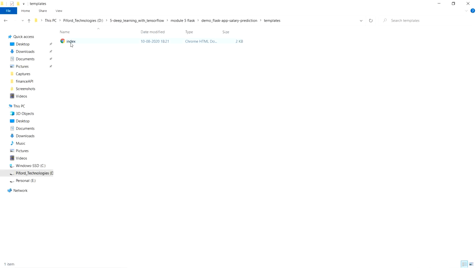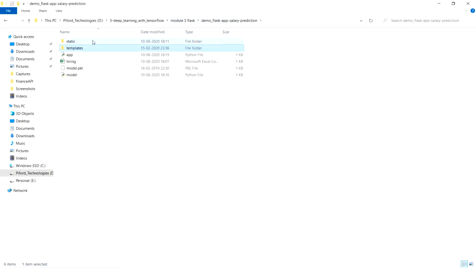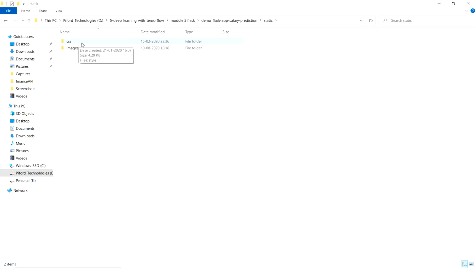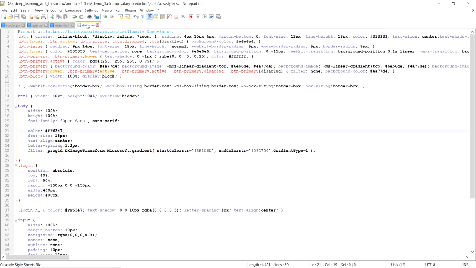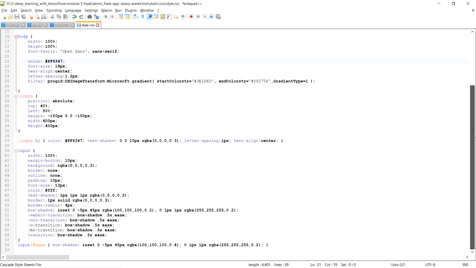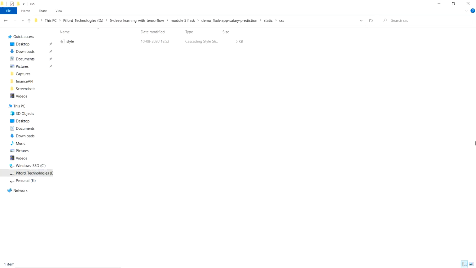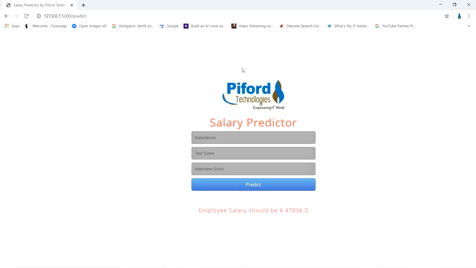And the final thing is, this is what we have in this index file. And we have one more folder with the name static, and under the static folder you can store your CSS files, your images, and all the other files. This CSS folder has the style.css file. Let me show you this style.css file also. This is just for beautification of your application, whatever you want to do over here. And whatever images you want to use, you can store in an images folder under the static folder. See, the image which I'm using over here is this.